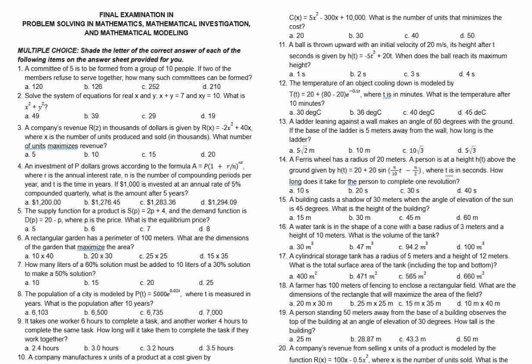Check it. So 6. A rectangular garden has a perimeter of 100 meters. What are the dimensions that maximize the area? So the solution is: let the length be x and the width y, the perimeter is 2 times the quantity of x plus y is equal to 100, so x plus y is equal to 50. And we have to solve for the value of y, so y is equal to 50 minus x, and the area A is equal to x times y is equal to x times the quantity of 50 minus x, which is equal to 50x minus x squared.